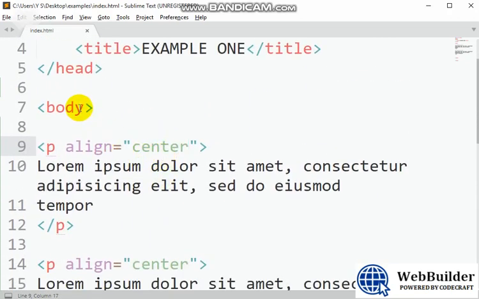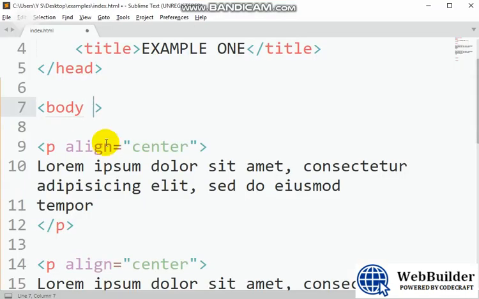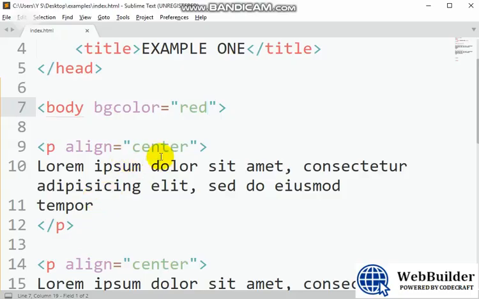Now let me add more attributes. In this body, I told you that body is the website content. In this place, you can put bgcolor red. That means BG stands for background color. You see, it turns red. How will you now change this paragraph to white text? I want to change to white text. How will you change it to white text? What you do? Add